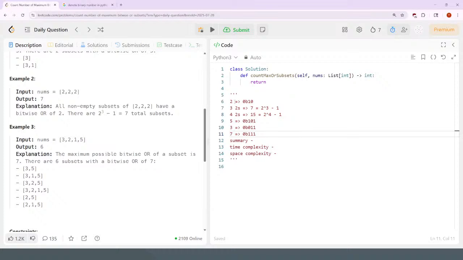So the number of ways that you can have at least one of that value is 2 to the frequency minus 1. If the frequency is 1, then it's just one way of having that value. 2 to the first minus 1. And then